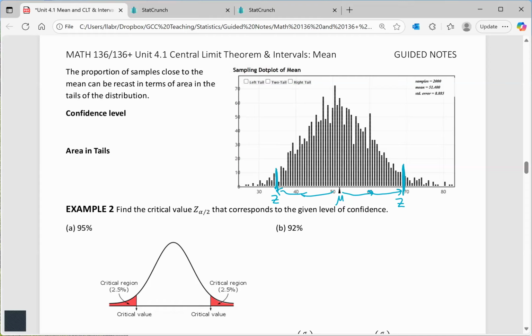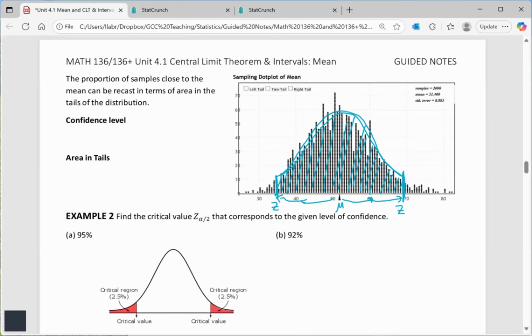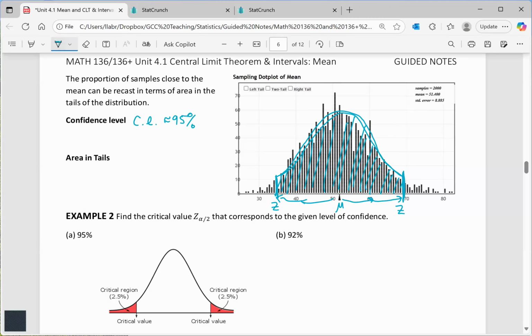And what we're going to observe here is that because I have an idea of the fraction of results that land close enough in this interval, this is going to be called a confidence level. So again, it goes back to that idea. I'm fairly confident that if I were to take a single sample, I will land somewhere in the blue. So that refers to this idea of confidence level. We're going to call that CL. CL, for example, think of like 95%. So I can ask, I want to be 95% confident. And this simply refers to the proportion